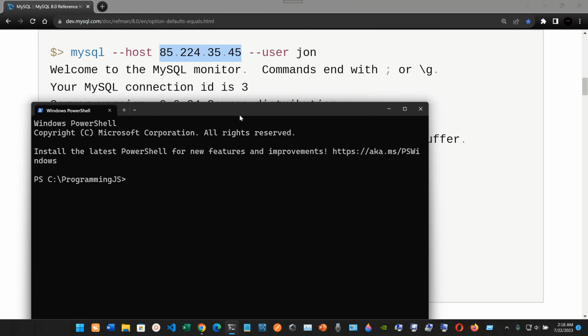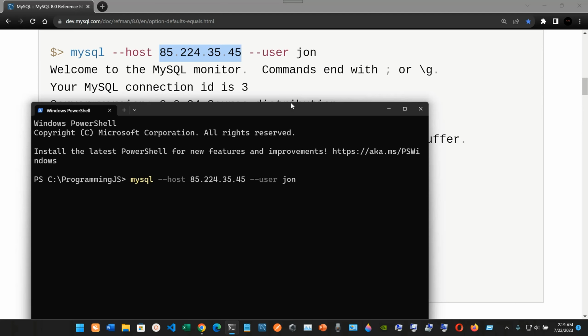So let's see what happens. We're going to type mysql --host, and then this number, 234.35.45, --user John, like this. And obviously John is not the user, but let's press enter,